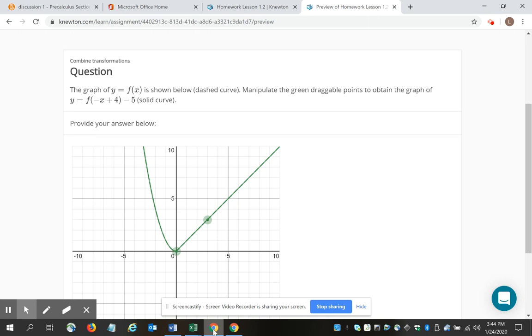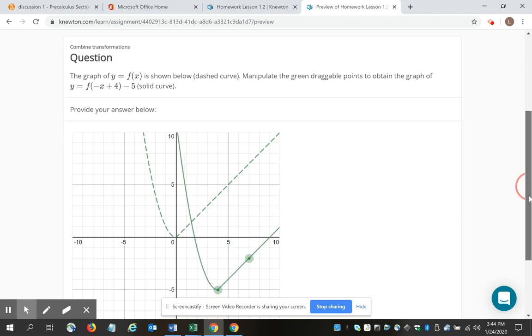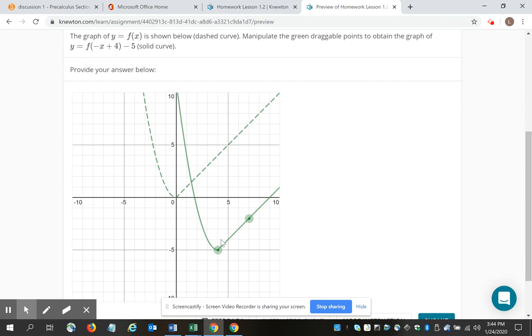So let's go back over here and see what we can do. We want to go right 4, 1, 2, 3, 4, down 5, 1, 2, 3, 4, 5. Let's get it where we can see it. And then we want to reflect it on the y. When you reflect it on the y, that's going to bring this point, which is at 8, -2, back over here to,